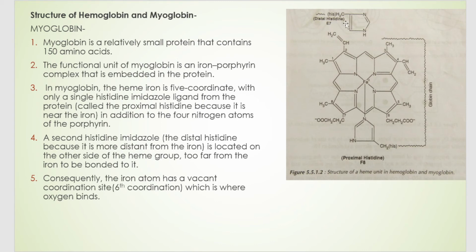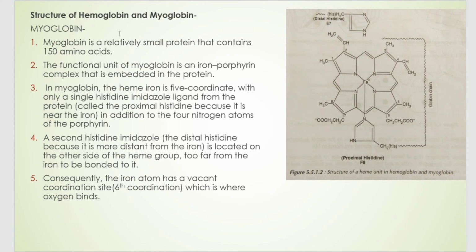You should be able to draw the structure. This is the structure of the heme unit in hemoglobin and myoglobin. This part constitutes the heme part, and this is the protein part, that is the globin chain. That is the proximal histidine and the distal histidine and the globin chain, and this part constitutes the